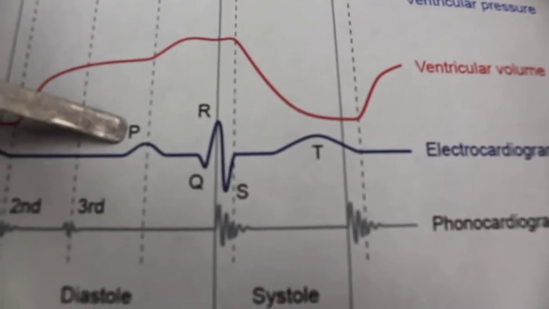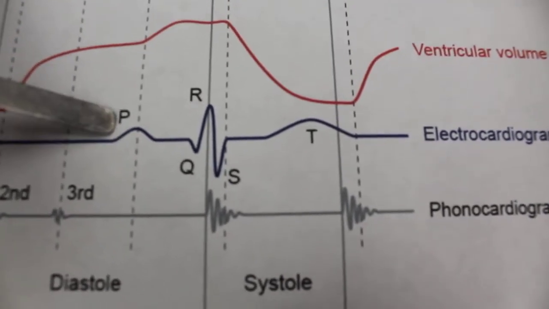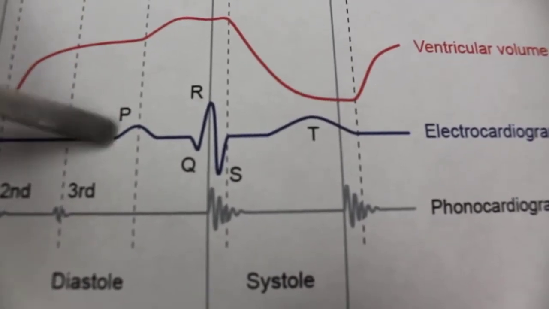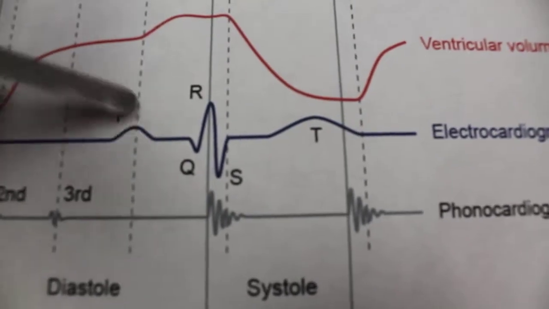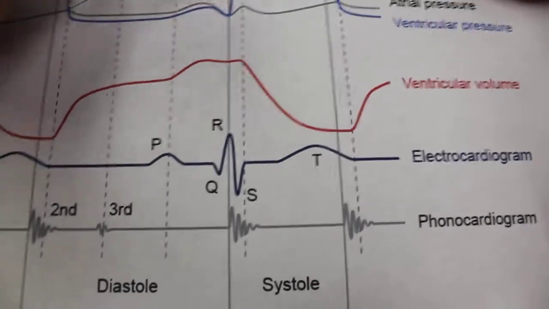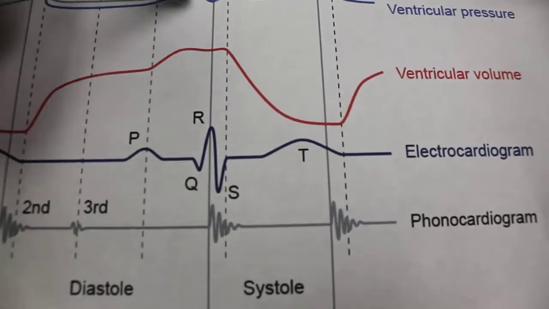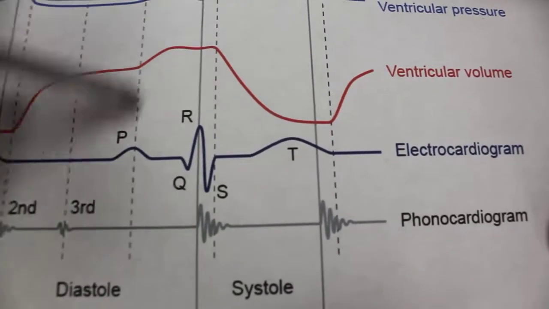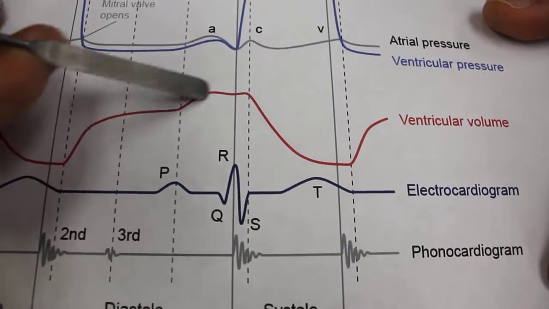Atrial systole is incited by atrial depolarization in the heart. This P wave precedes atrial systole, so this P wave causes the contraction of the atrium. Here we have the P wave, then the atrium contracts, causing this flow of blood